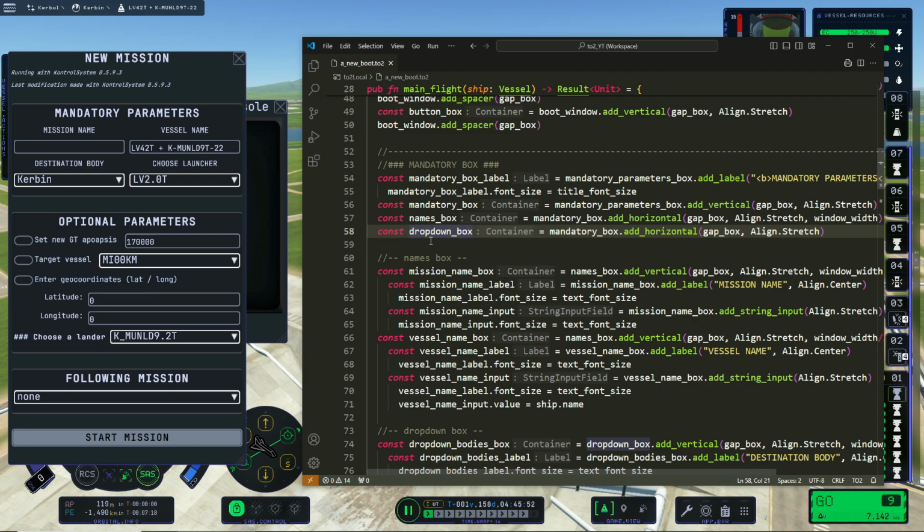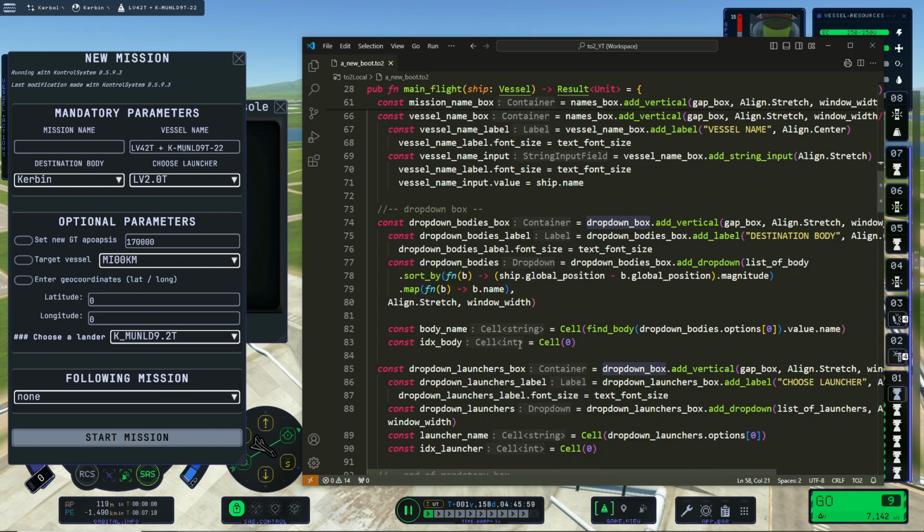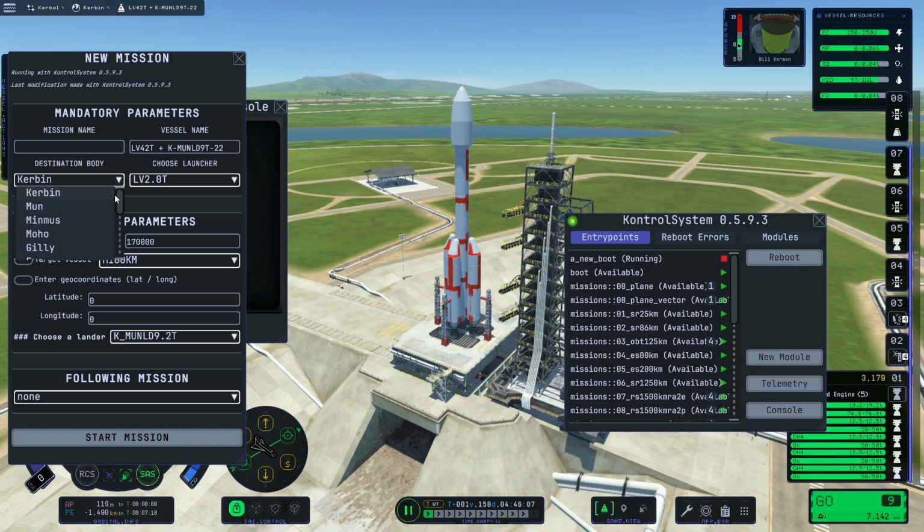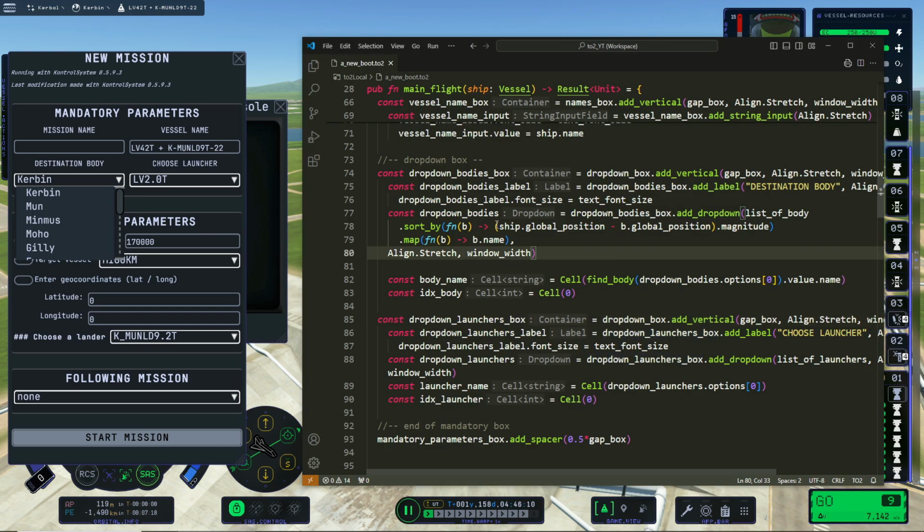And drop down box, so it's a horizontal box, sorry, because I have 2 boxes, one inside of the other. So I have a drop box body and drop down launchers. Okay, so the body are the body of the game, but they are sorted by this vector